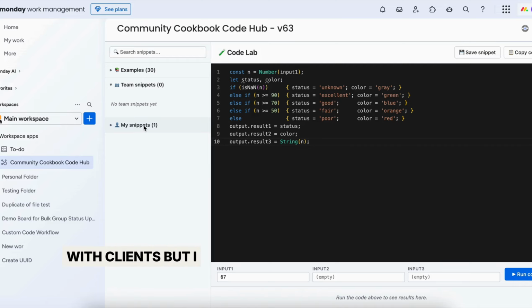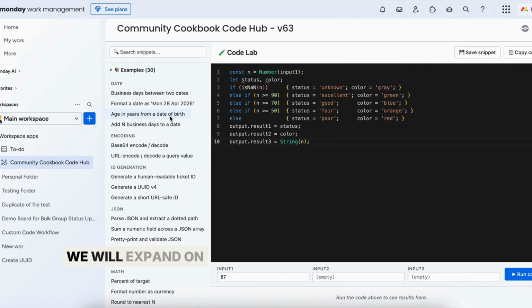So I went about solving that problem, more so for myself because it makes my life easier when working with clients. But I thought, why not put this in the Community Cookbook where all of us can benefit from this work? So how it works is we have a Community Cookbook code hub, and that will be part of your workspace apps or part of the Community Cookbook. So you get all the integrations, triggers, everything, as well as this. And it comes with a library of examples, which we will expand on, add more to as we build this,